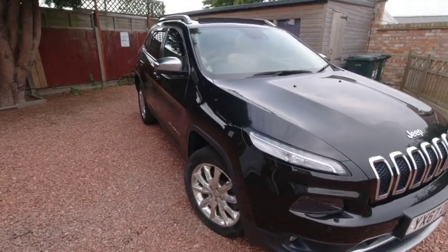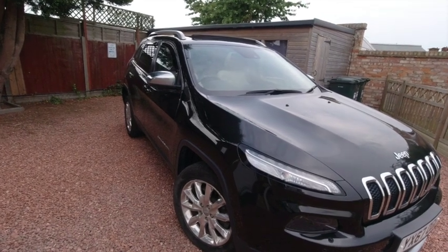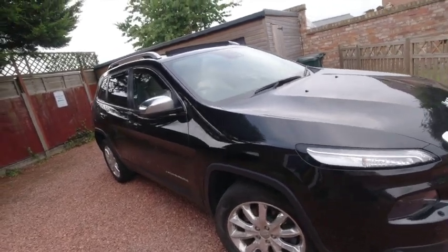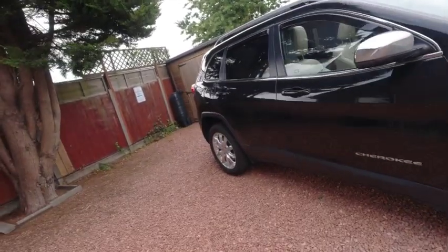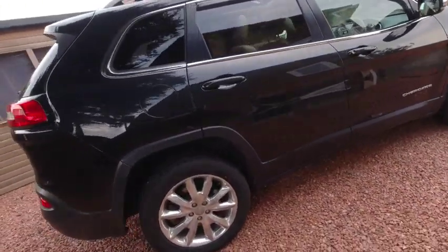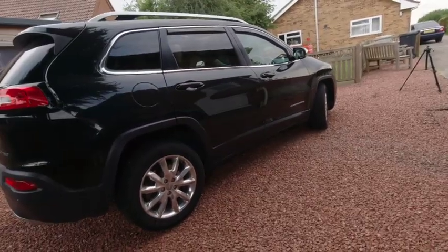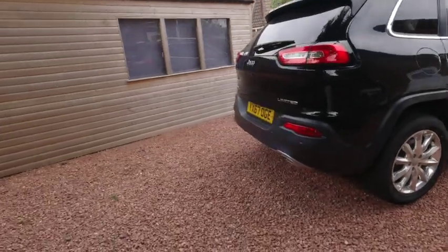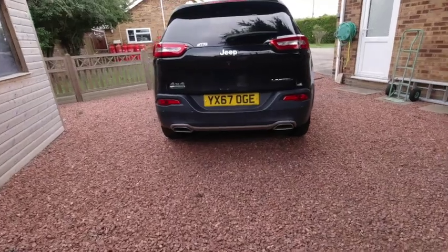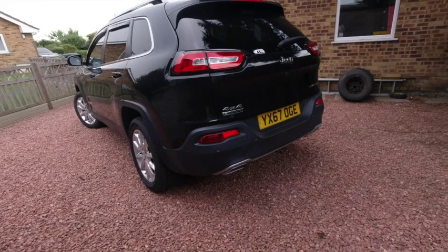So what have been the highlights of ownership of the Jeep Cherokee? I would say that number one is actually the punchy 2.2 diesel engine. It's surprisingly quick and mated to a really good automatic gearbox. Makes really good quick progress, particularly when you put it in sport mode on the four-wheel drive system, which gives a minor bias towards the rear wheels